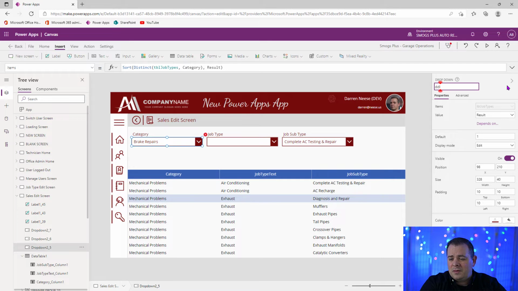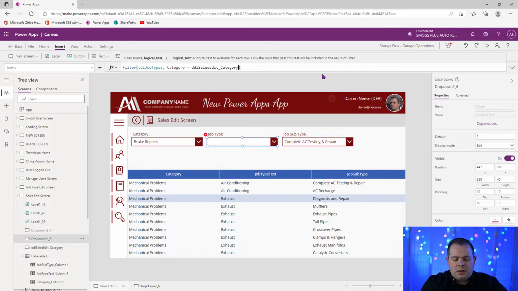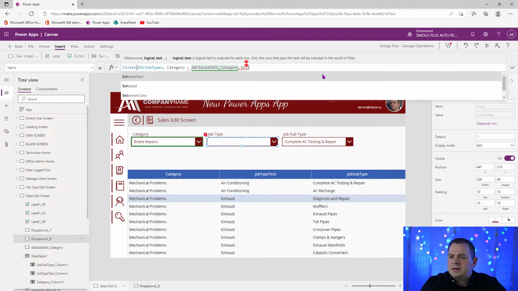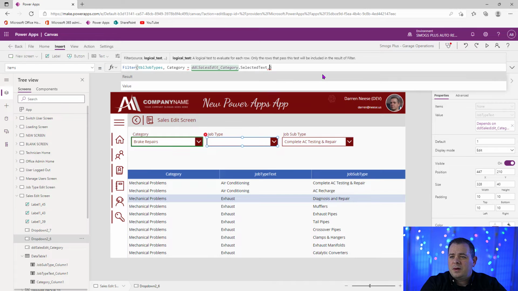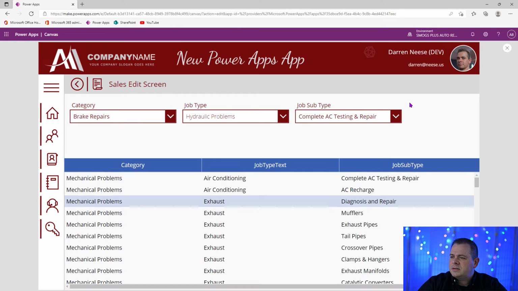For this example, looking at the name of the screen, I'll say sales edit, maybe an underscore, and say category. Very good. So I'll click on that name, that new name. I'll go back over to the other drop-down list. And what I'm going to do here is I'm going to paste that. I'll say selected text, which is what we want, dot value. So now if we run this,